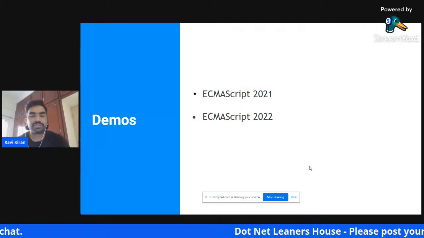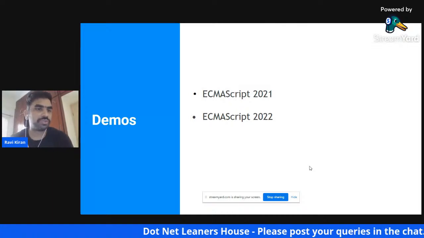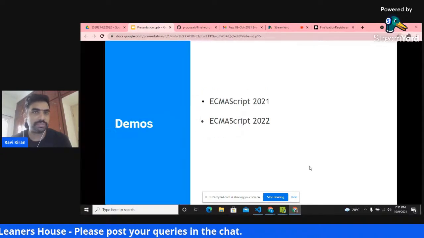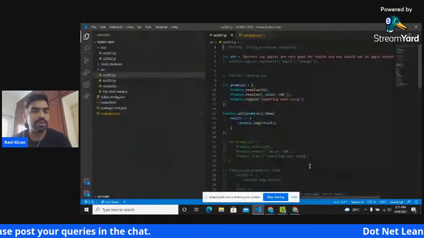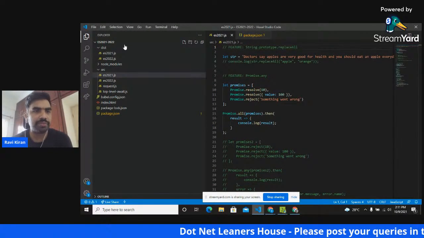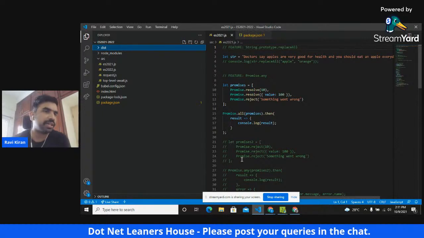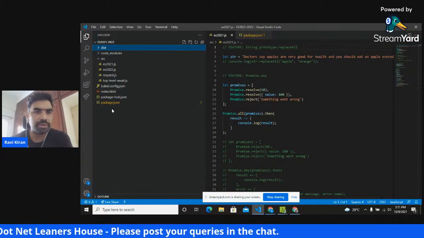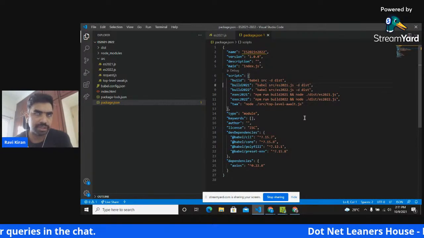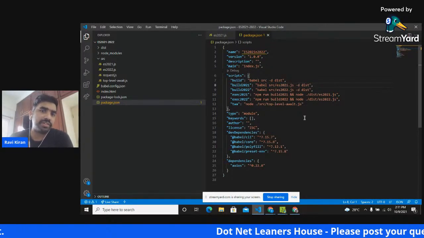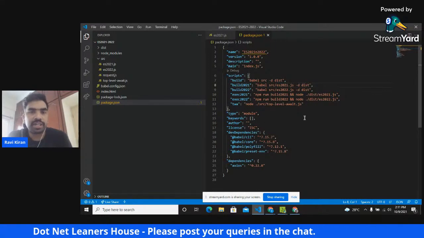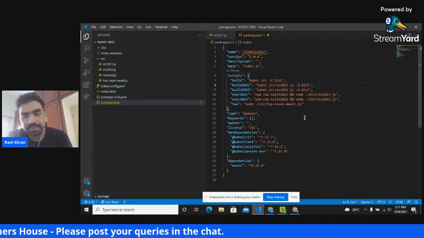Yeah, so that's all about the slides. So the next part of the presentation is all about demos. So we're going to see the features of ES 2021 and 2022 through some examples. I'm going to switch into my VS Code. So over here in this VS Code, I have a very simple and basic Node.js application which is using Babel because, as I said, the ES22 features, though they are finalized, the browser vendors and also Node.js could be still catching up, right? So to be on the safe side, I'm using Babel for transpilation.